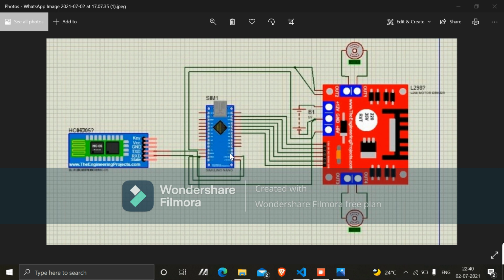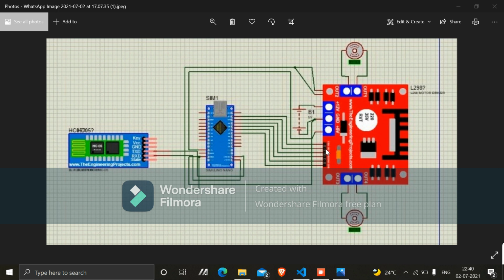Now let us have a look at the individual element connections with the Nano. The ENA pin of the motor driver module is connected to digital pin 11 of the Arduino Nano.